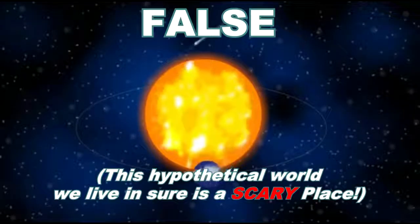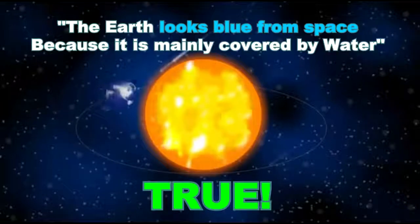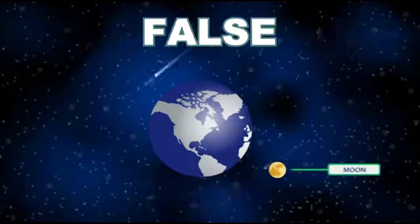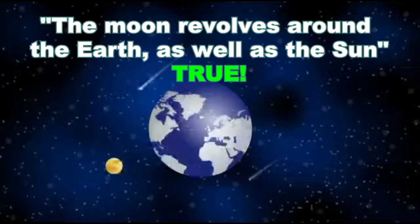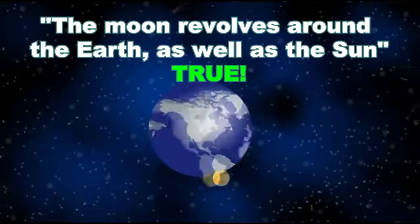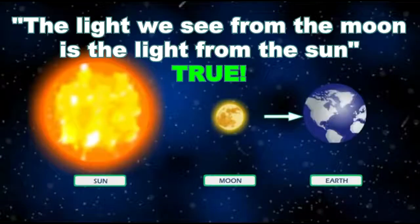It takes 365 days to revolve around the Sun. Earth looks blue from space because it is mainly covered by water. Earth has 1 moon. There are many planets that have more than 1 moon. The moon revolves around the Earth as well as the Sun. It takes 24 hours to revolve around the Earth. The moonlight we see from Earth is the light from